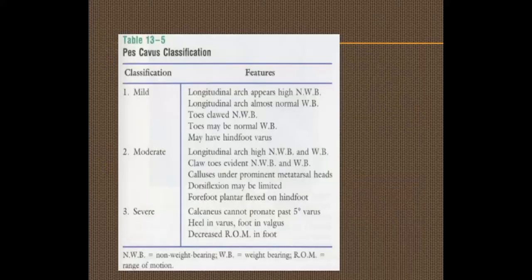Pes cavus is classified into three types: mild, moderate and severe. NWB means non-weight bearing, WB means weight bearing, and ROM means range of motion. In the mild classification of pes cavus, the longitudinal arch appears high in non-weight bearing position, and almost normal in weight bearing position. Toes are clawed in non-weight bearing position, and toes may be normal in weight bearing position, and